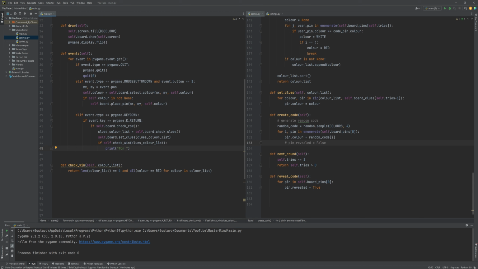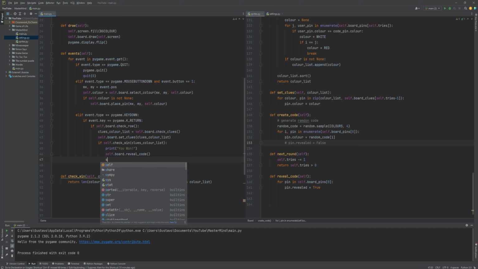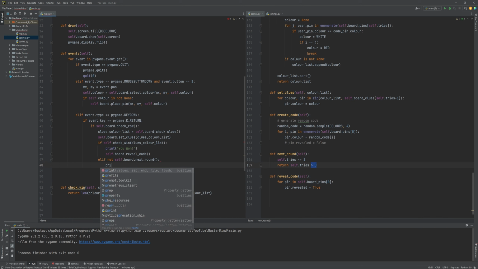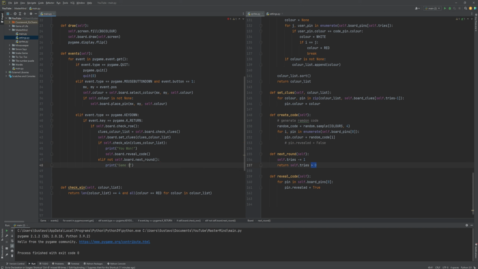Basically, we're just going to print E1, and then we're going to do self.boards.review code because we want to review the code, and that's it. And then here elif not self.boards next round. So if this next round returns false, that means we tried all of them. So it's less than 0. We tried all of them and we didn't win. Then we just print game over. And then we can also do